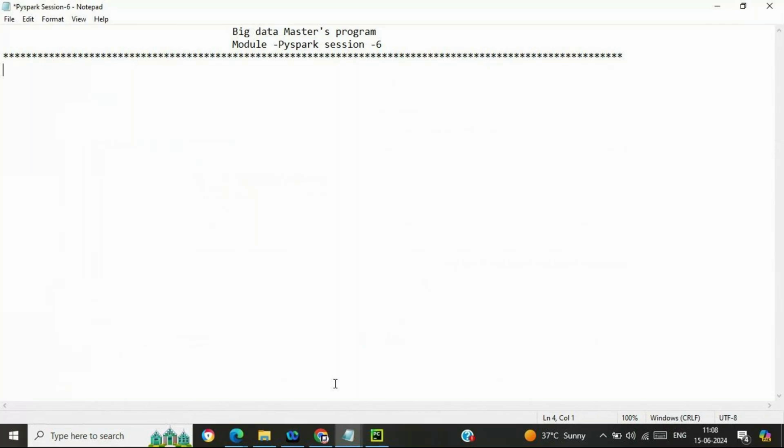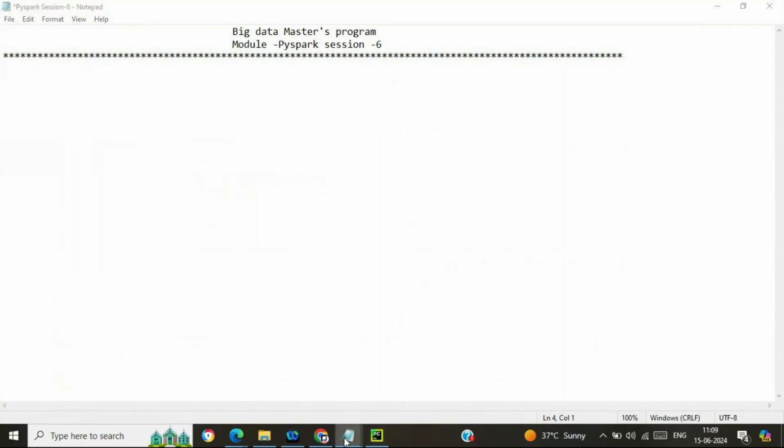the operations on top of the data, which is unstructured data that does not have a proper structure or schema. And we are able to get a certain outcome, like if you want to do filtration, count and all. So those particular operations we have performed. We have gone through actions and transformations in session 5. Up to session 5, those particular things are covered. In today's session, we will try to go through certain examples.